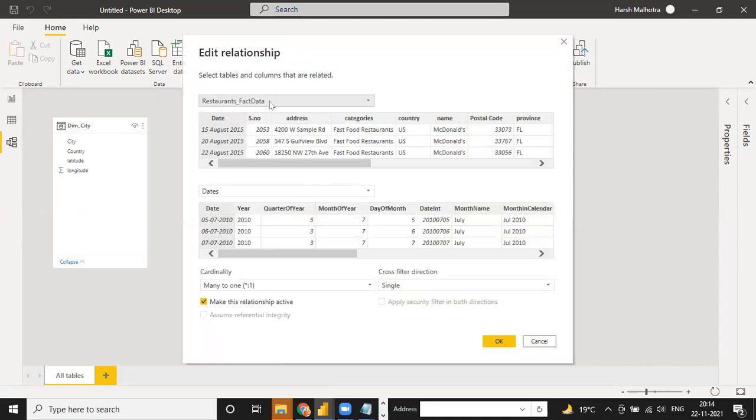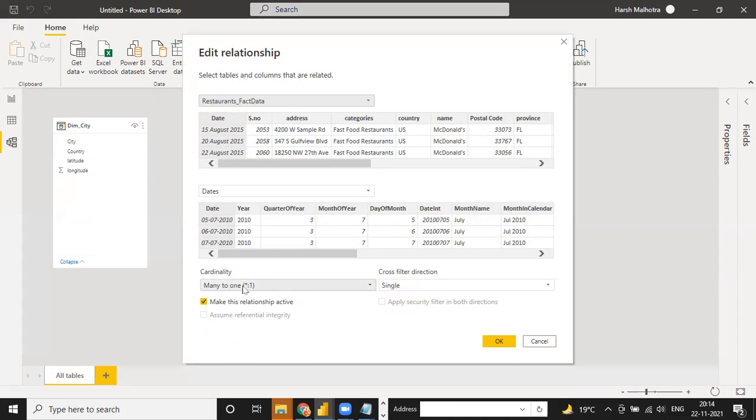Restaurant fact data's date column and the date table's date column, and the relationship is showing as many to one. Many to one means under this restaurant table, 15 August date shows multiple times. But under this date table, 15 August shows only one time. It means many to one. The name is many to one.